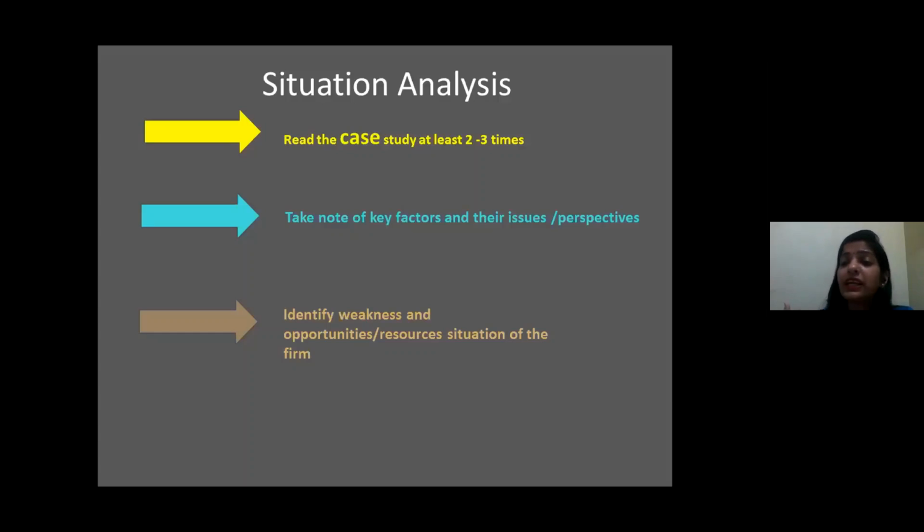There are so many techniques through which you can go through this third step, that is identifying weaknesses and opportunities. I'm just giving the term SWOT because SWOT is much easier, and being non-engineers, you can easily get the idea of it, and you can have a snapshot of the complete organizational constraints plus organizational stars, where the company can excel, by a SWOT analysis. After getting a complete situational analysis, you have read the case twice, thrice, you have noted down the key factor points. Now,